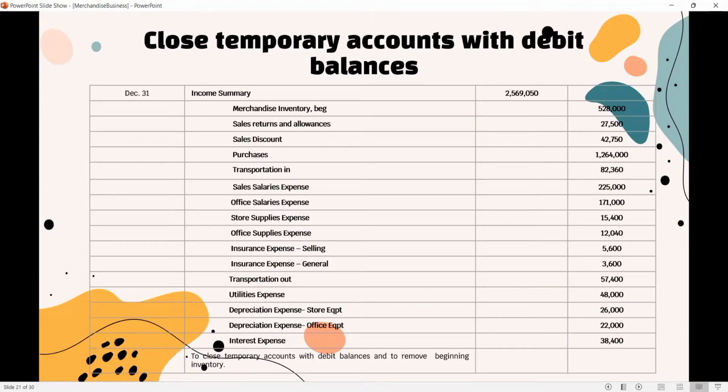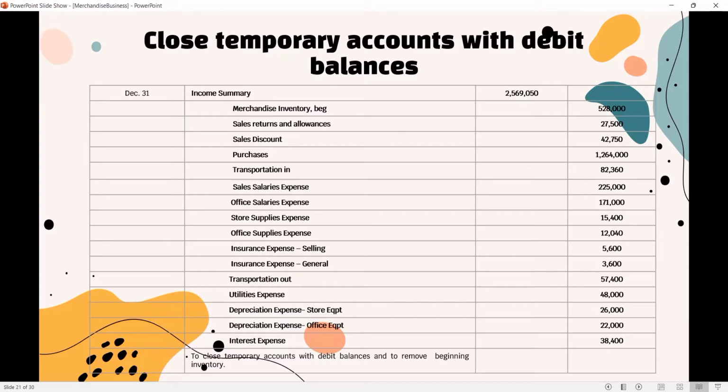Lahat ng naka-debit, i-credit naman natin. At gagamitin ulit natin yung income summary account. So debit income summary, meron tayong 2,569,050 pesos. Credit merchandise inventory beginning na 528,000. Sales returns and allowances na 27,500. Sales discount na 42,750. Purchases na